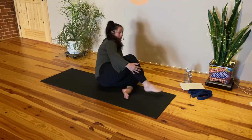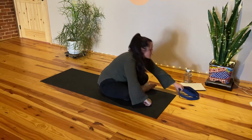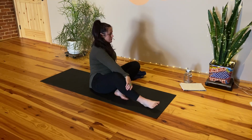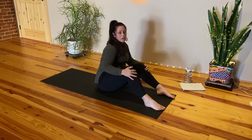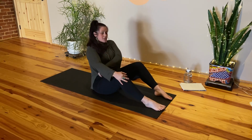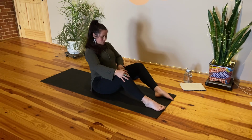If you have a strap, we'll use that in a few moments. If not, you don't have to use it. All right, we're going to start off with some variations of boat pose. So we'll set up for the very basic version of boat as I talk a little bit about what boat